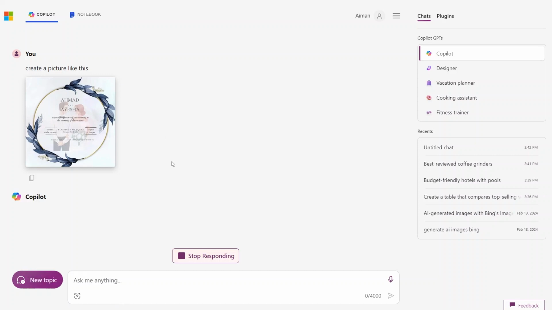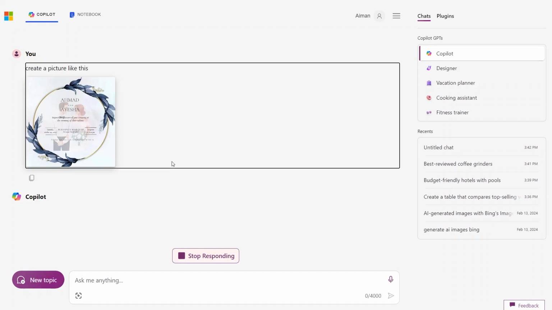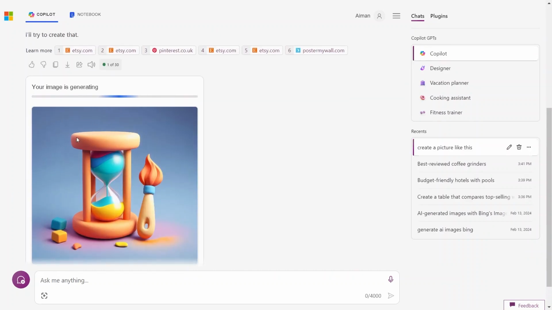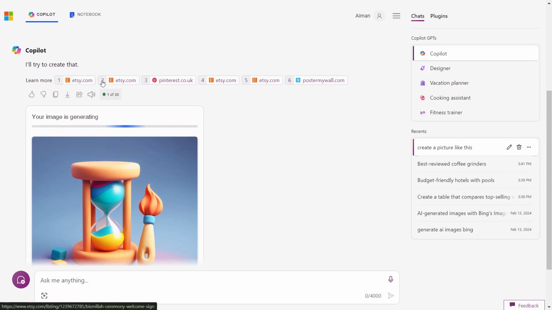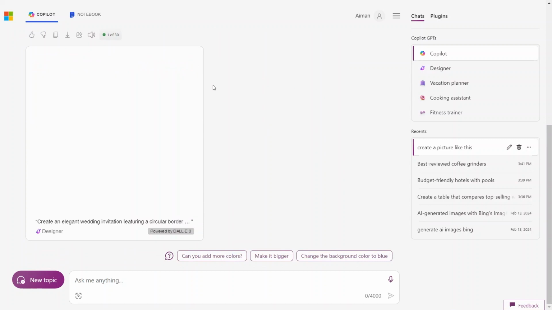Once you have inputted your query, click on the Send button to receive a quick answer from Copilot. As you can see, Copilot is capable of generating images and providing detailed responses, making it a versatile tool for